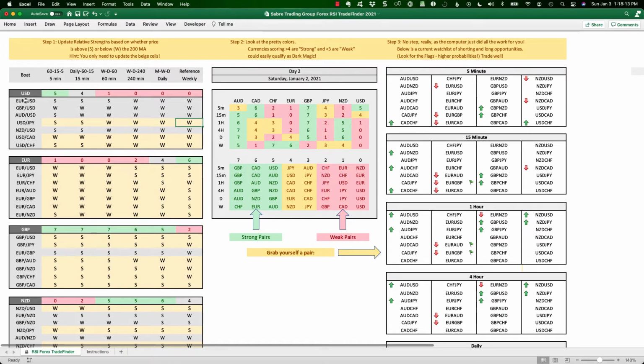So in each of these boats, basically you create a boat for the US dollar, the HMS Euro, the SS British Pound, the HMS New Zealand. And you're creating all these little boats, and you're seeing how fast or how slow they are compared to the other boats. And in a sense, it's kind of like going to a racetrack, like a horse betting racetrack,